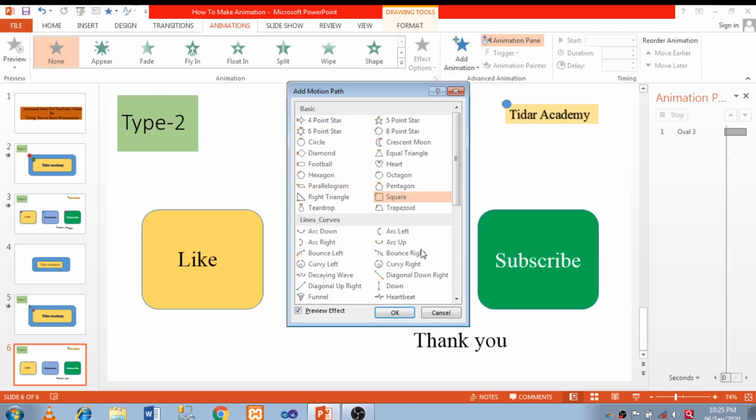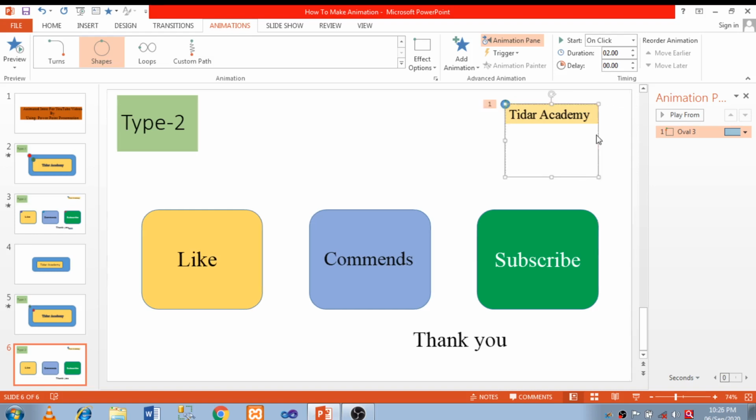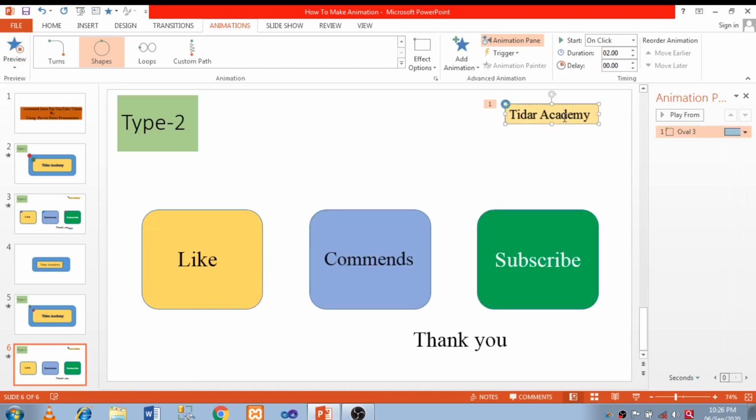Here I have selected square and OK. Here I have seen that this rectangle is big compared to my rectangle, so I have adjusted it. Now check the preview. It will move around my channel name.